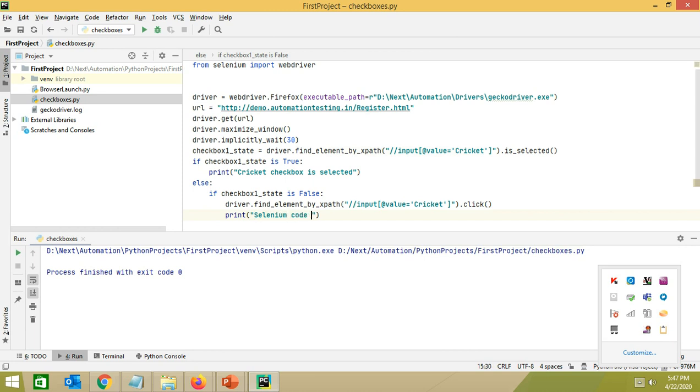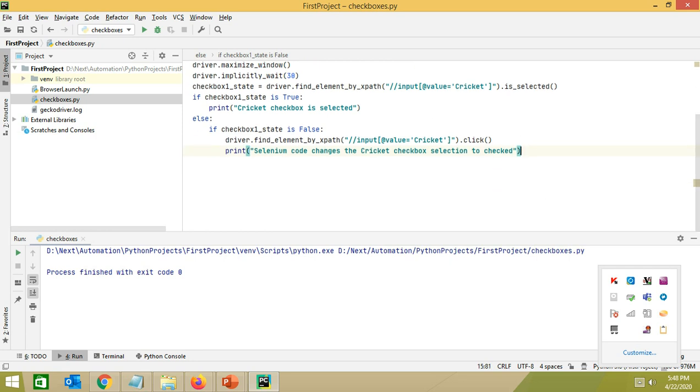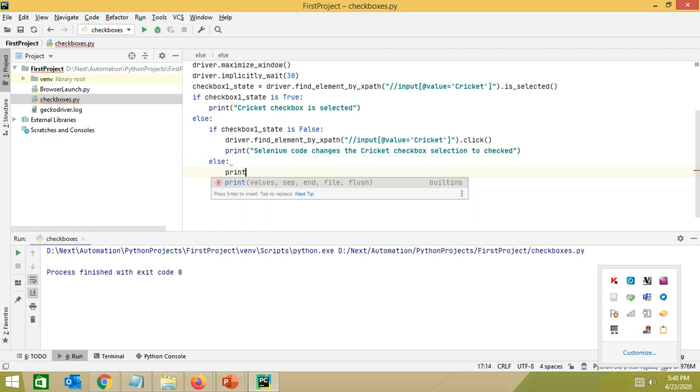Selenium code changes the selection to checked, or we'll write Selenium code changes the cricket checkbox selection to checked. Okay, and we can also write an else condition and just print something went wrong,